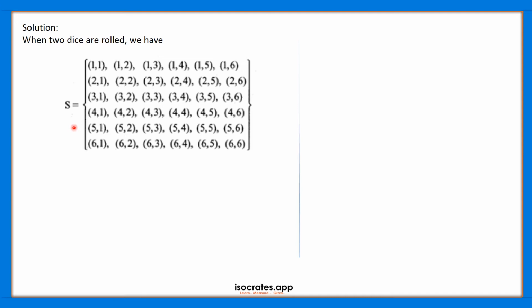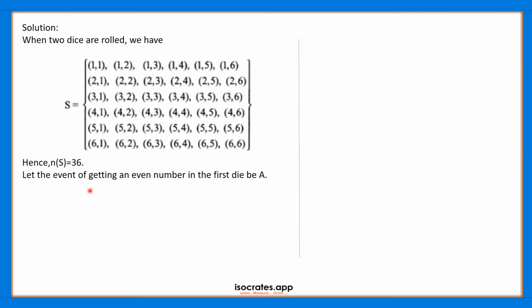What we need to find is the probability of getting an even number on the first die or a total of face sum 8. First, let us find the probability of getting an even number on the first die. So, let A be the event of getting an even number on the first die. And also, we are able to find from the sample space that n(S) is equal to 36. Now, let us find what A is.